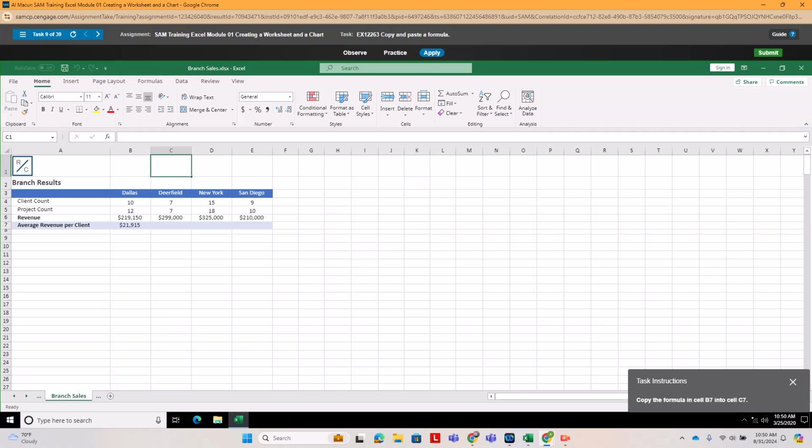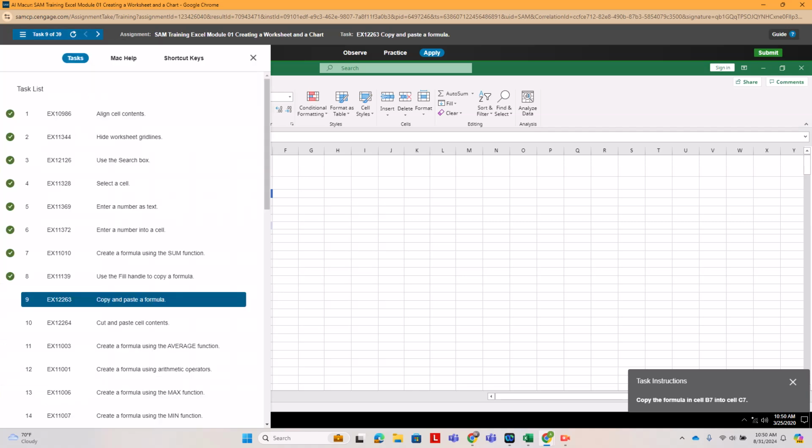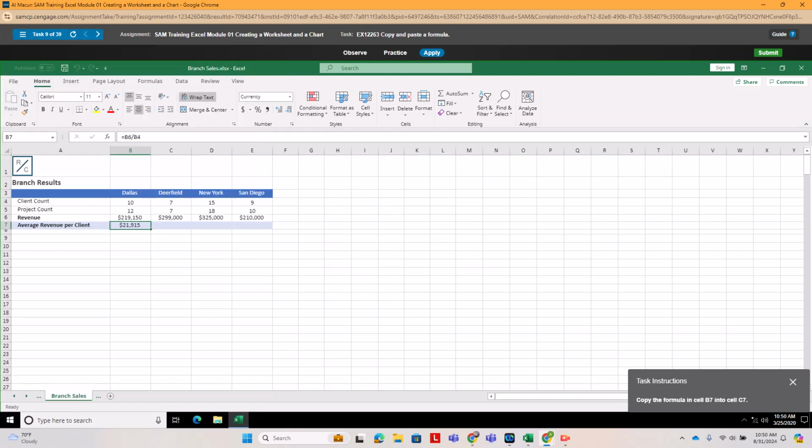This time, instead of using our fill handle, which is the most efficient way to copy, we're going to use the copy and paste abilities within Excel. So we want to click on cell B7, and again, I'm using a Windows computer. There are Mac tips if you click in our task list and go to Mac Help. So if you're using a Mac, this is what you would do to get help here. But since I am using a Windows computer,